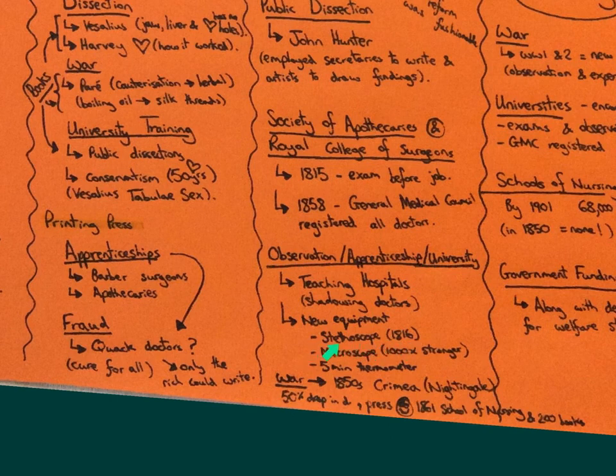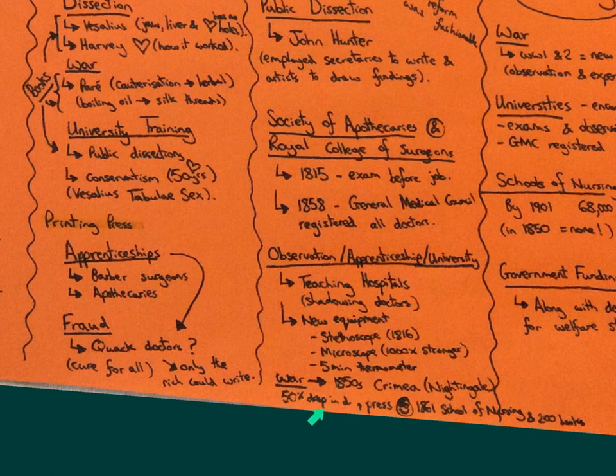So for example, the stethoscope was invented in 1816, and the microscope becomes 1,000 times stronger as made by Lister. We see the invention of a 5-minute thermometer that can very quickly take your temperature. So all of these things would have made it easier for new doctors in training to diagnose their patients. And we also see in the 1850s, so in the mid-19th century, a very famous woman come along, Florence Nightingale, and she went over during the Crimean War to the Crimea, and she does lots of work there in nursing.